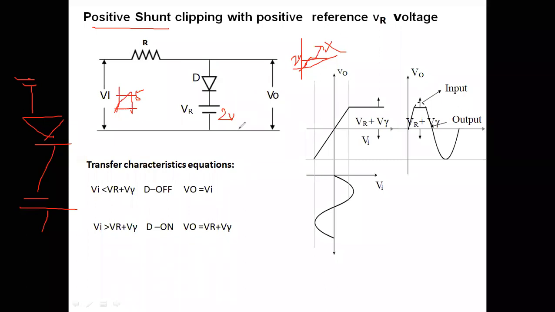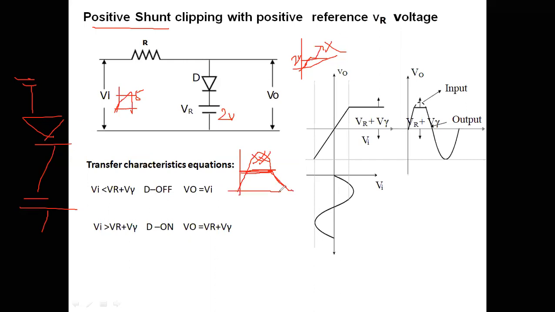Mostly we can use it for eliminating noise or as magnitude limiters. Suppose for an amplifier we require only 5 volts, but our signal may contain values greater than 5 volts. We will keep our reference value at 5 volts. Therefore our output will consist of up to 5 volts only. After 5 volts it will be cut down, whether the portion is 10 volts, 100 volts, or whatever. Only up to 5 volts you get the output.